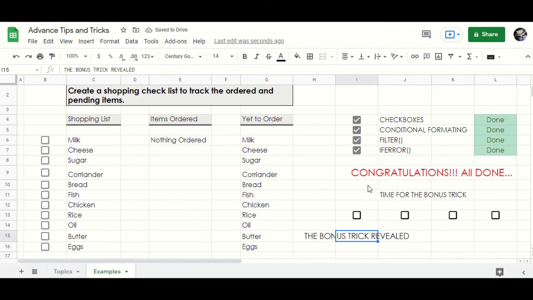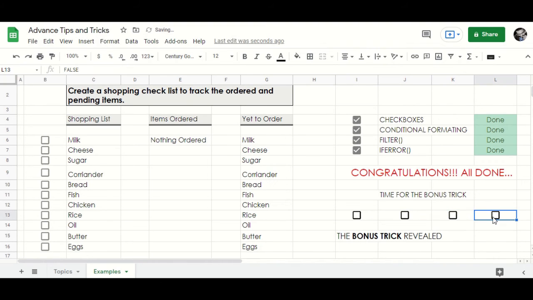And let's left align it. Let's also highlight bonus trick by making it bold. Now we have 4 checkboxes and the message, but when we click all the checkboxes, nothing happens. The message remains static. Our requirement here is for the message to show up only when all the checkboxes are clicked and disappear when any one is unchecked, but that is not the case currently.